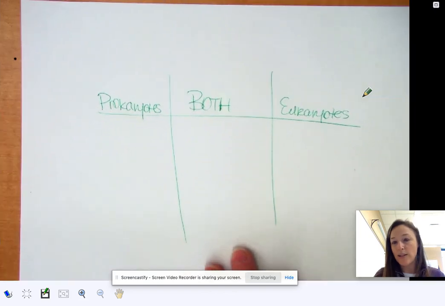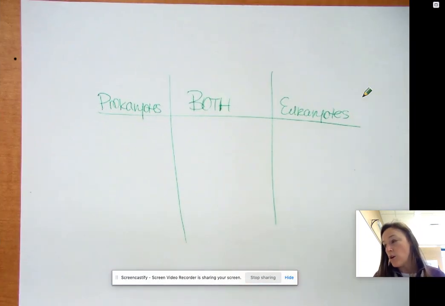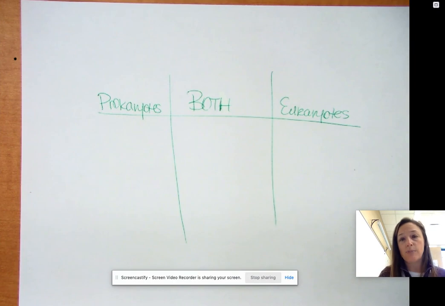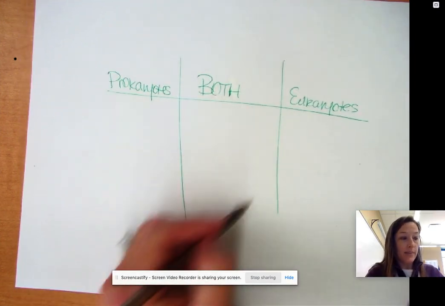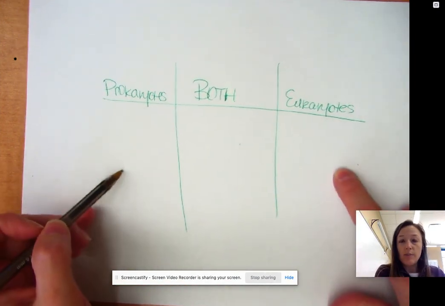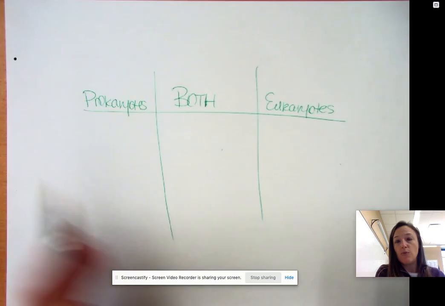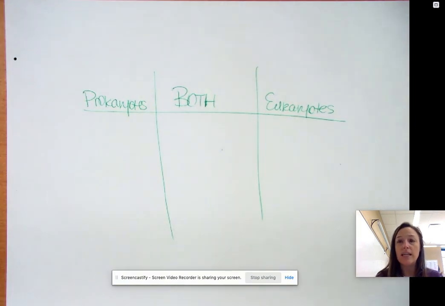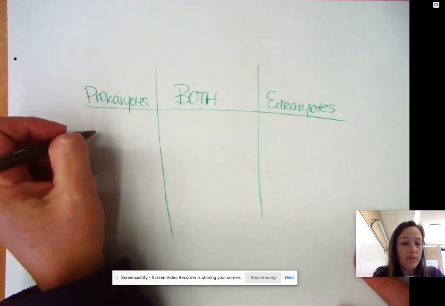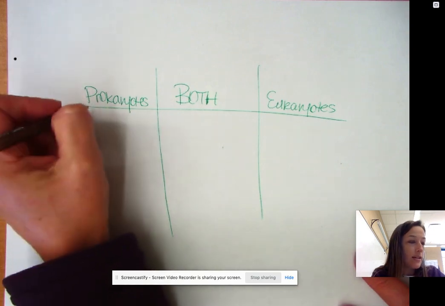All right, we have a quick little video here to talk about the ways that gene expression in prokaryotes is similar and ways that gene expression in prokaryotes and eukaryotes is different. If you'll remember, gene expression is just taking the code of DNA and expressing it into something the cell can use, whether that's an RNA or a protein. And so one big difference is that prokaryotes don't have a nucleus.